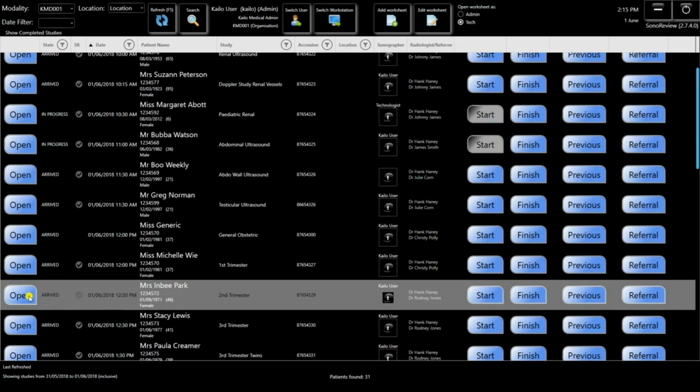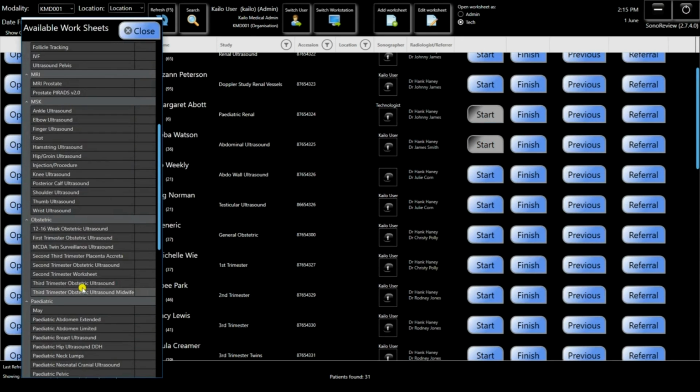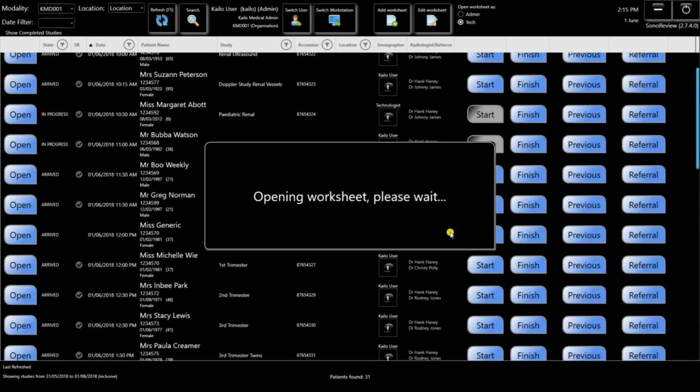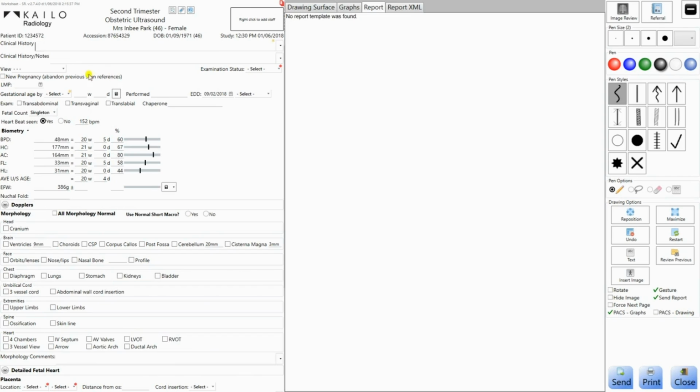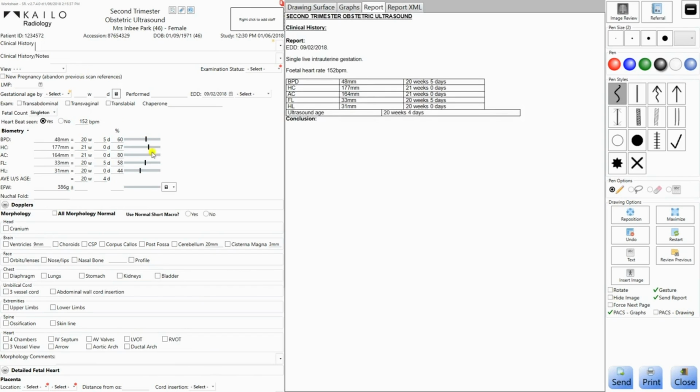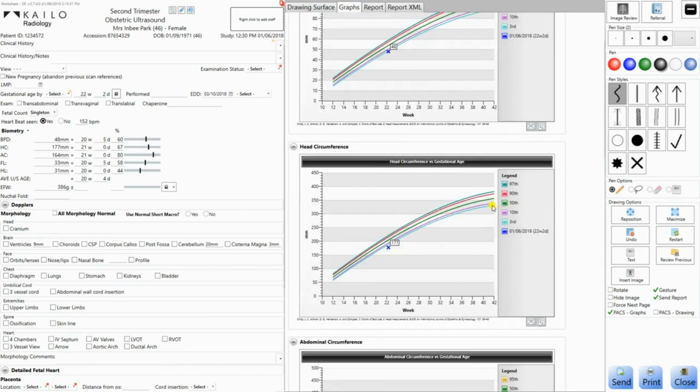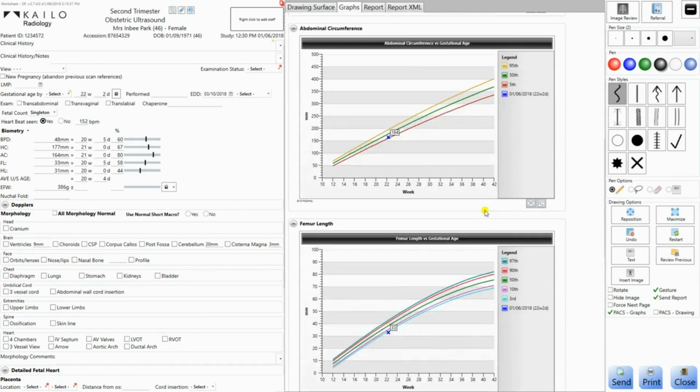So very quickly, if I take a look at a second trimester ultrasound, I can bring that up. It'll lead us into a couple of other key features. First of all, clinical indicators, checking EDDs and so forth from the ultrasound machine. It also has the ability to provide you with a horizontal bullet graph. Very quickly we can look at centiles, put in some further dates, and quickly it's built out our previous biometry